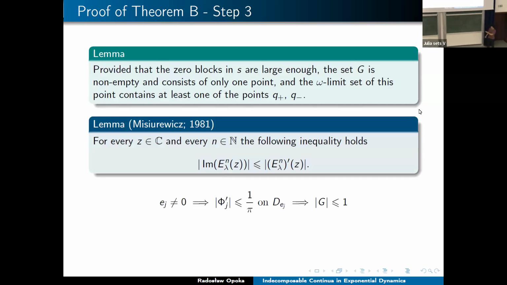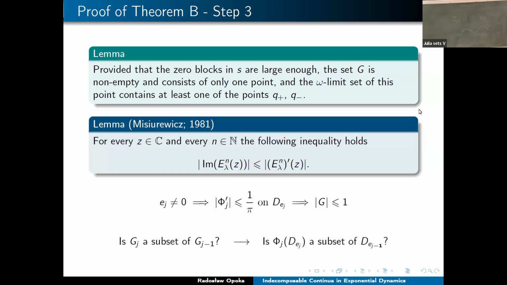But we assume that this is the last and this is a non-zero element of block Tj. So this derivative is at least pi because we are not in the strip R0. So the derivative of the inverse is less than 1 over pi. And when we compose this function on this set, we have a collection of a nested sequence with diameters which tend to 0. And this set, if it's not empty, then contains only one element.